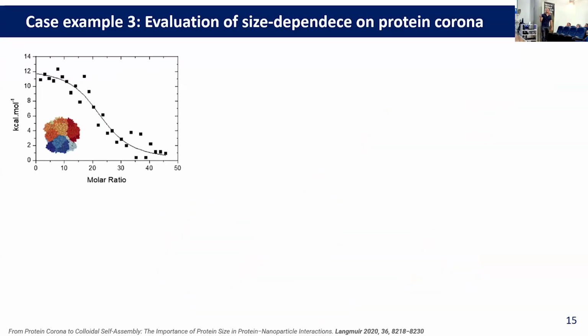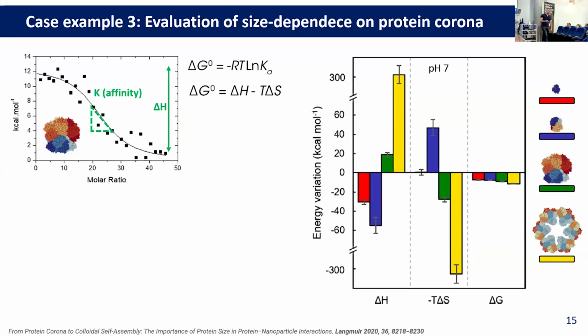Sorry. And finally, they also wanted to understand the mechanism behind the interaction of these proteins. And in C we have the differences, so we have here displayed in different colors the different proteins, from the smaller to the bigger. In all the cases, we see that the reaction, so the binding, is happening spontaneously because all the delta Gibbs is negative. But the mechanism behind it is different.